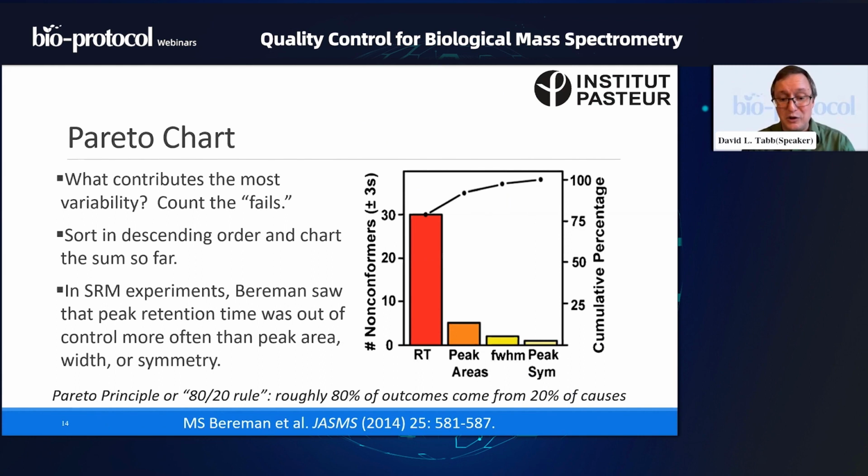There's another rule about this. When you're writing papers as a graduate student, writing the first 80% takes only 20% of the time. Sorry, this is a very unfortunate thing to hear sometimes, but it's often finishing the paper, doing the last 20% of it, that takes all the time. So the Pareto chart is kind of a take on that. In this case, we simply want to ask what contributes the most variability.